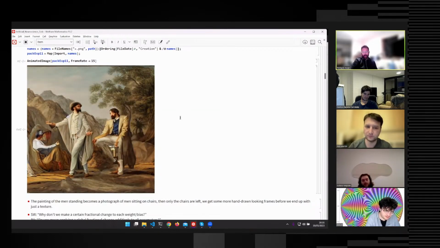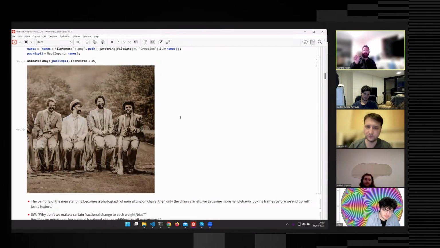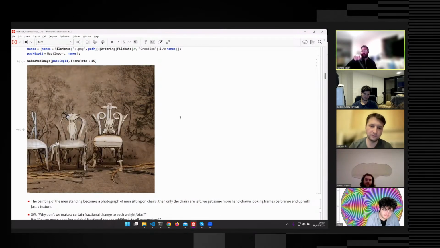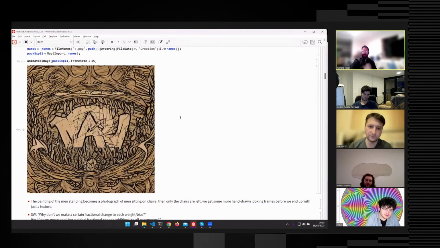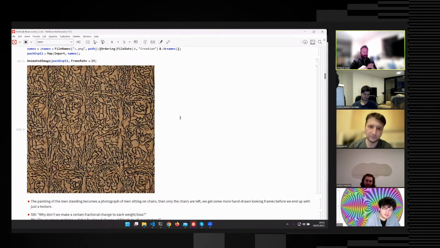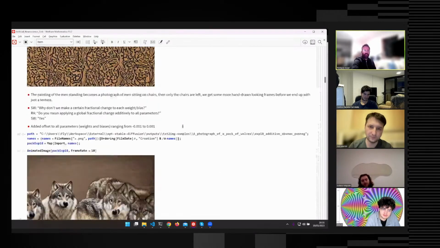Now the painting becomes a photograph of a group of men, and then they disappear, leaving only the chairs, and so on. But anyway, this is only affecting the embedding weights. So it's kind of messing with its